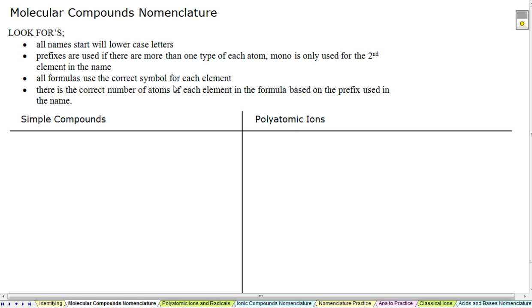We're going to notice that we use prefixes for naming, and I'll show you an example as to why really quick here. Carbon will bond with oxygen to make two different types of molecules. One carbon will bond with two oxygens, and this is what we call